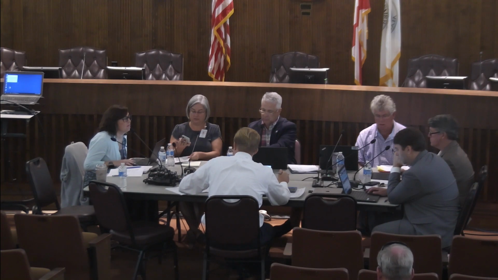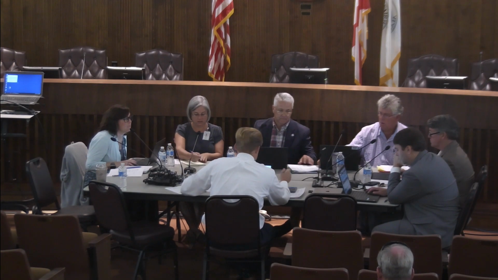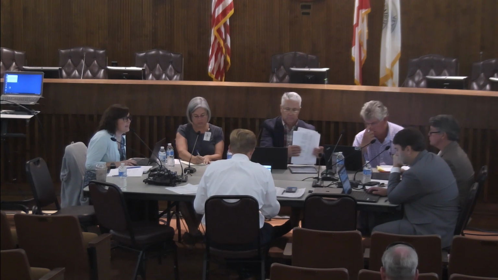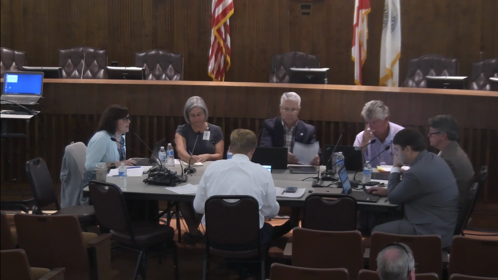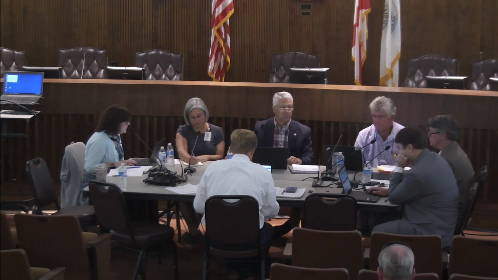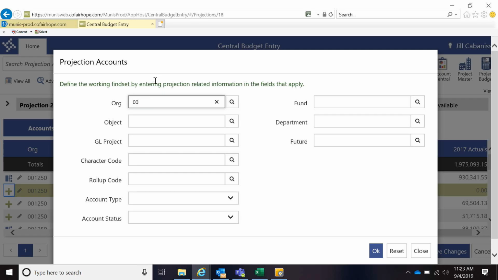View of how to navigate in here to see the departments that we'll be looking at today. You should have your central budget entry up. If you go to Advanced up here on the left corner and click that, I think we'll go ahead and do planning since they're so small. And you do 001